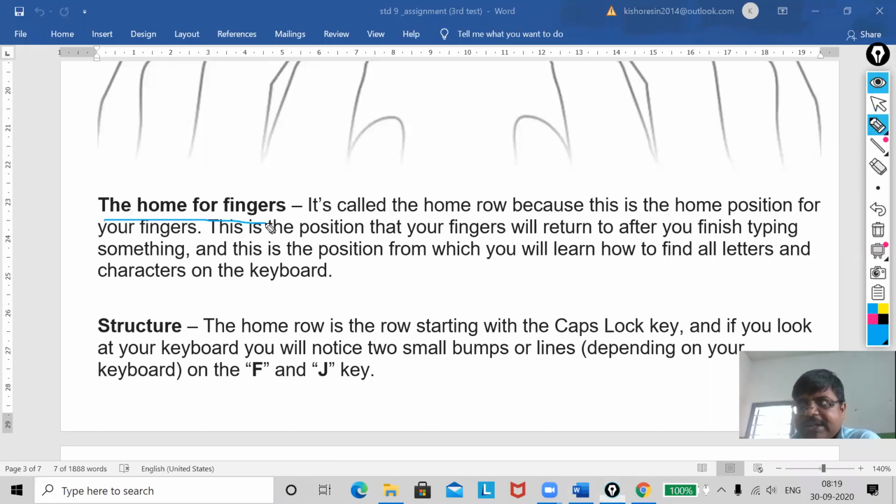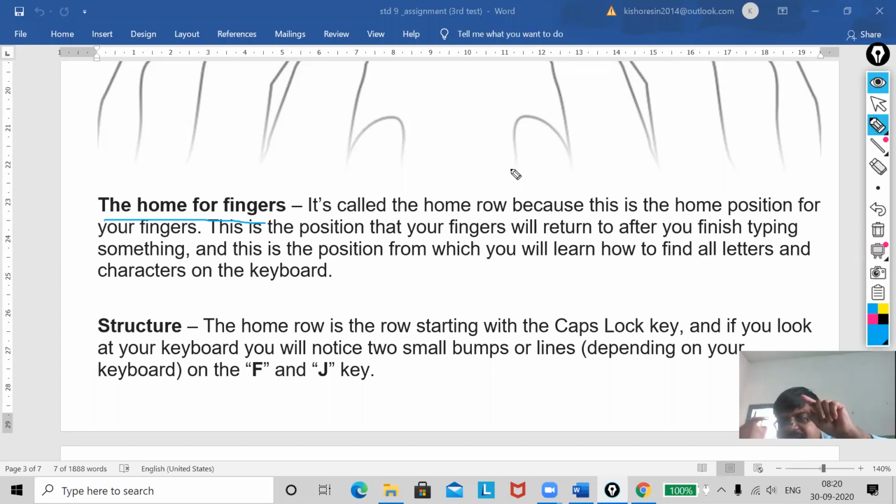So you can see here the home row for fingers. Actually here it is pointing 5 and 5. That is 10. Now, first of all, you have to practice that row. ASDF, ASDF, here semicolon LKJ, ASDF. Like this you practice 20, 30 times. And once you are habitual, then the finger next to the thumb, you have to shift a little bit to the right side. If it is my left, then a little bit to the right side.